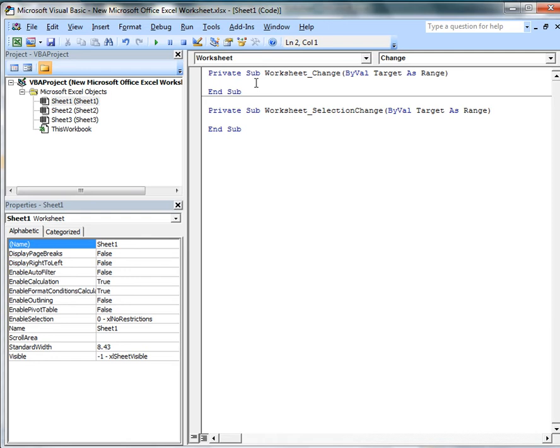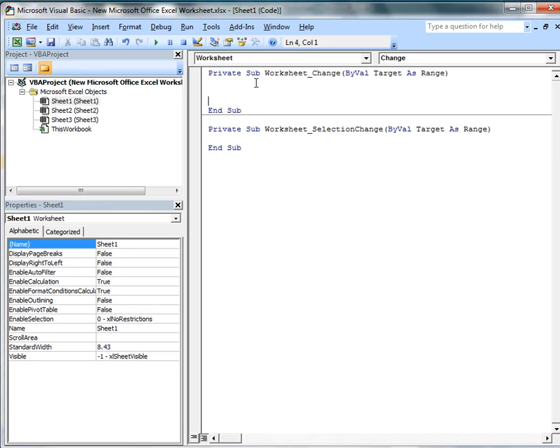Now any value on Sheet 1, when it is changed, this subroutine will be executed, and any code that we write inside it will be executed. So what we write here is If Cells, we chose the cell E5, so the row index and the column index is 5 comma 5. So we will write Cells(5, 5).Value